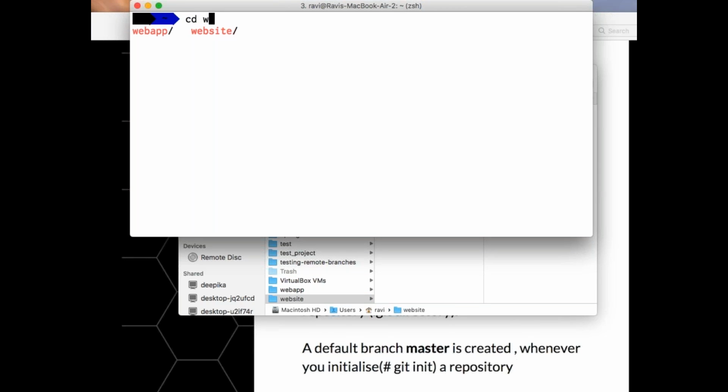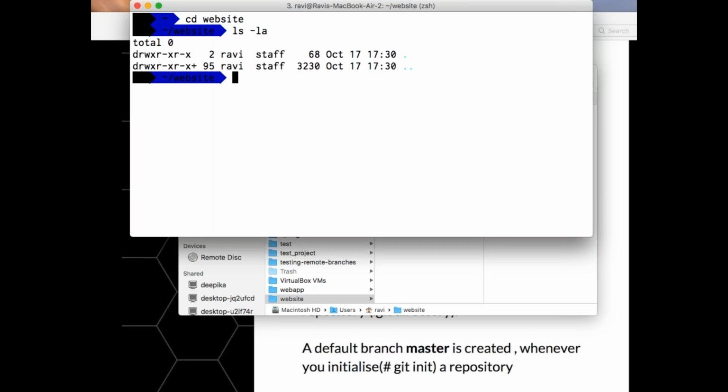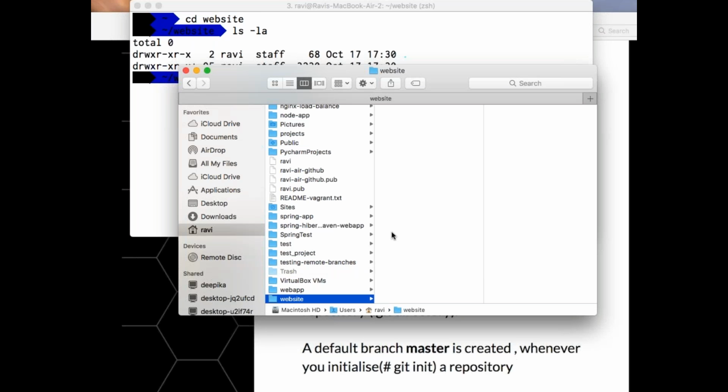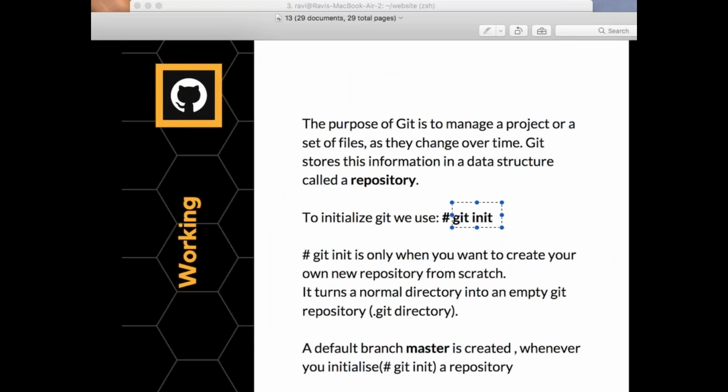Now I'll go into website, cd website. Now if I do ls -la, am I having any particular file here? Do I have any file in my website directory? Empty. So basically what git init does, if you read again here, it is going to convert your normal directory into a git repository.